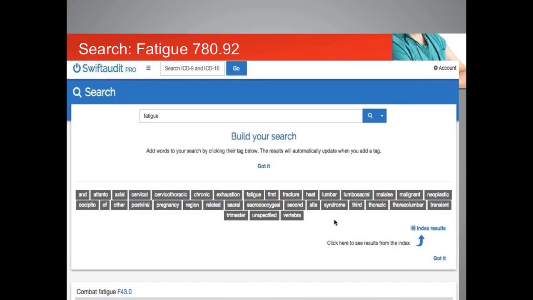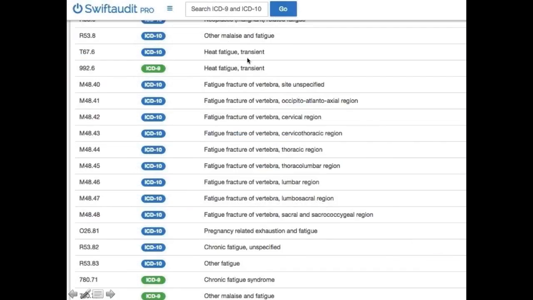So I typed fatigue and index results. I got a couple of index results here at the bottom. I clicked on the index and got all of these beautiful codes that show up in different chapters of the